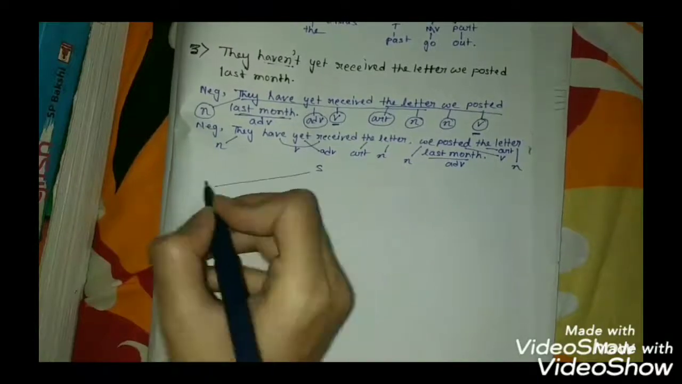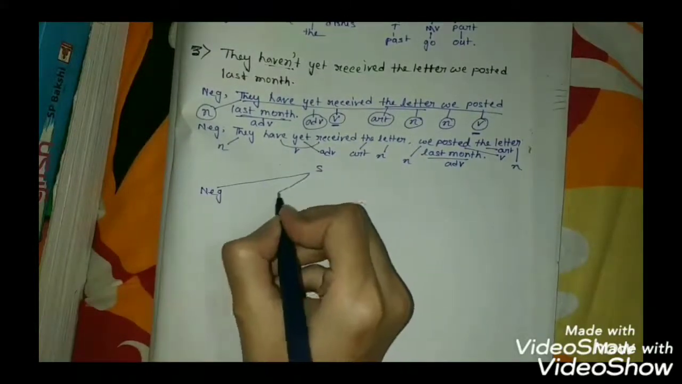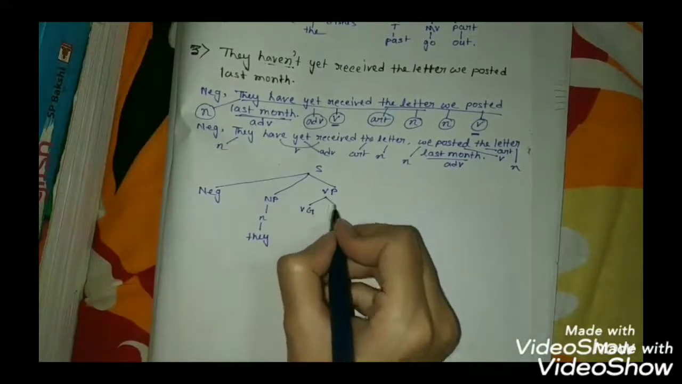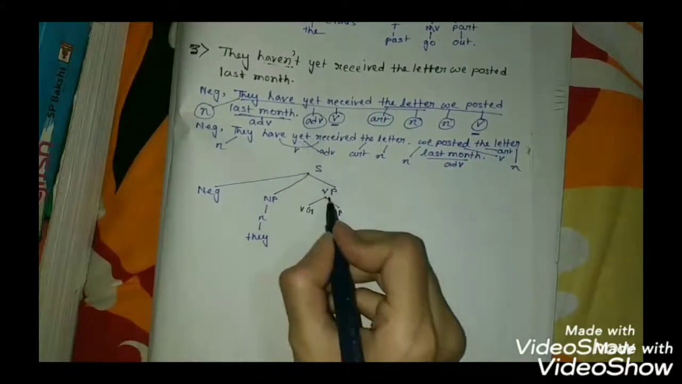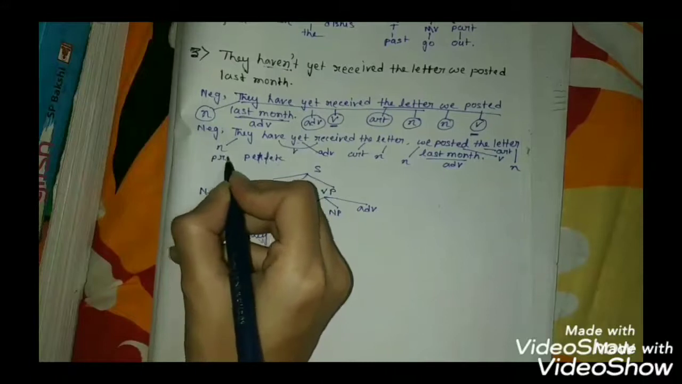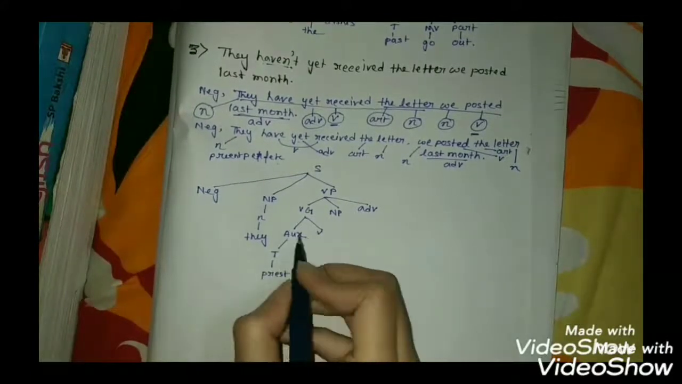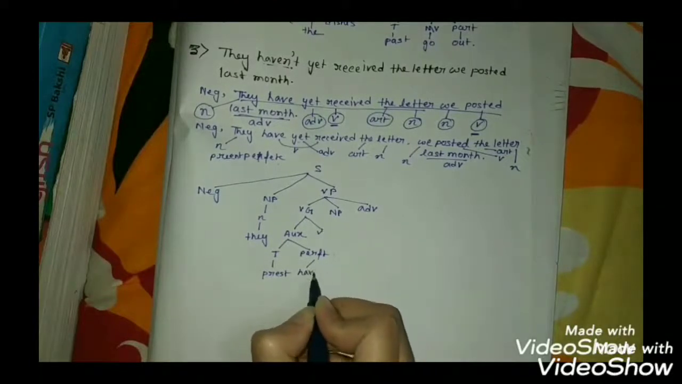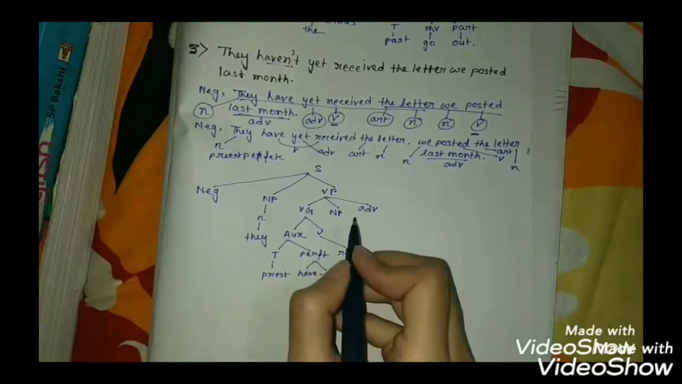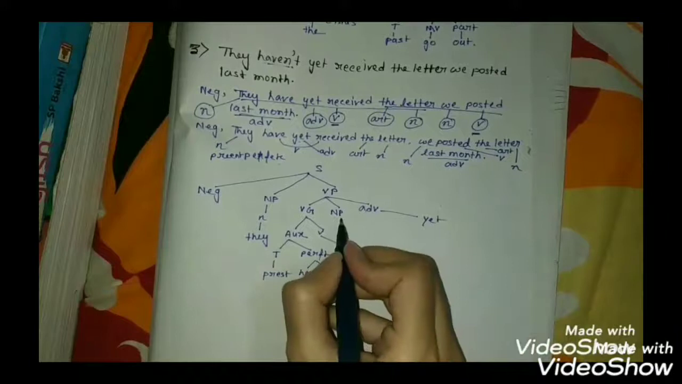So S negative we will extract first, then NP, VP. N is they, from VP, VG, NP. Yet is the adverb, so we will write adverb. Now we can see it is in present perfect tense. So from VG, auxiliary and verb, auxiliary tense is present, then perfect, have in, verb is receive. Now yet is adverb, so we will write adverb first, yet, and then NP will be divided